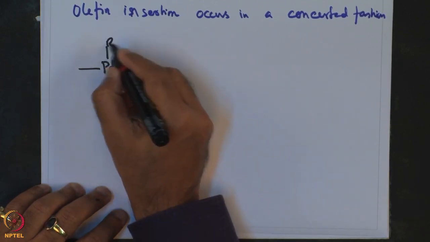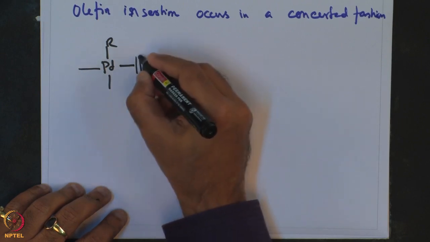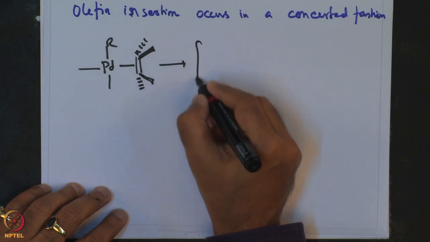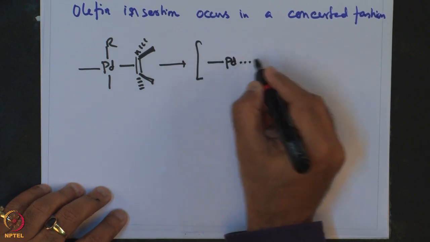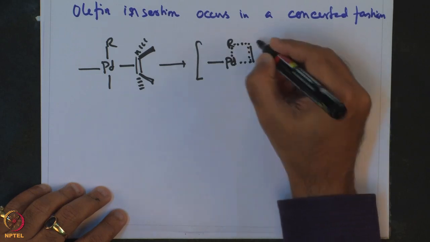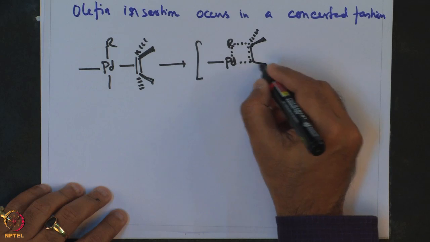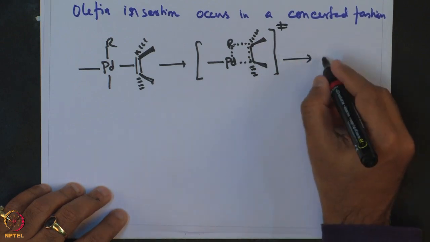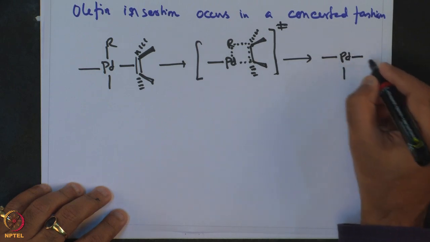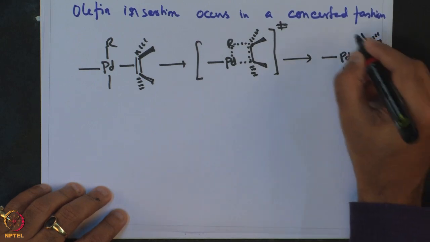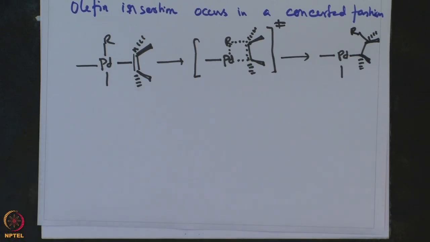Pd R, olefin, it goes by a transition state which is Pd R, and then finally going back to Pd R. So, this is a concerted process, and what one can see is that